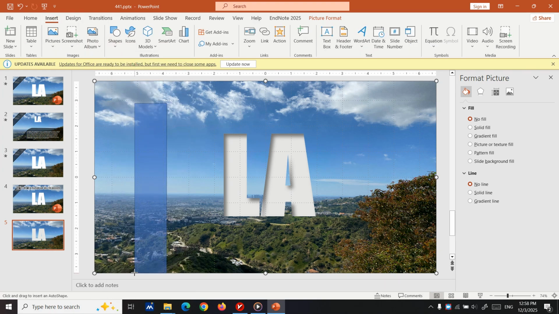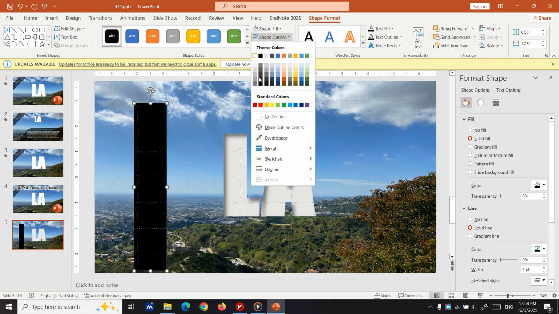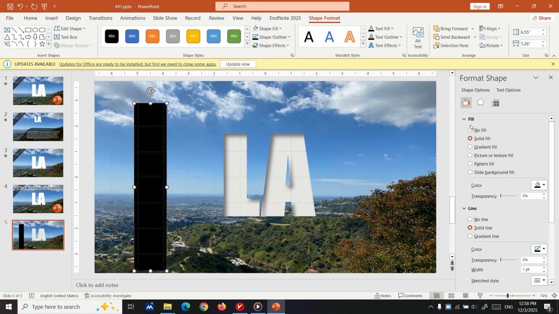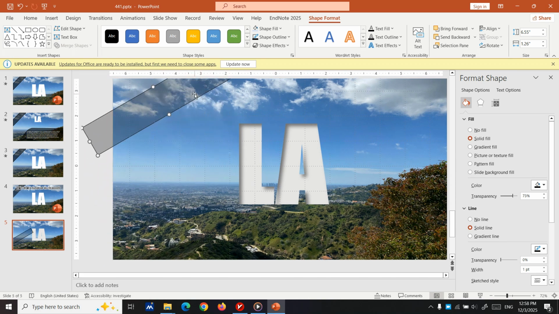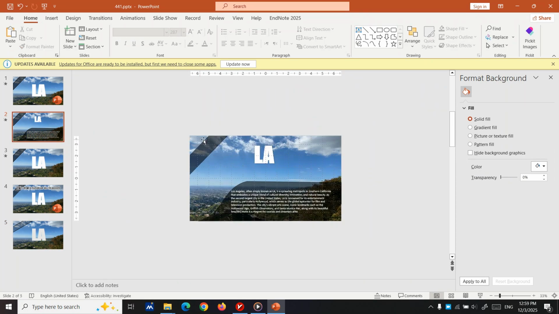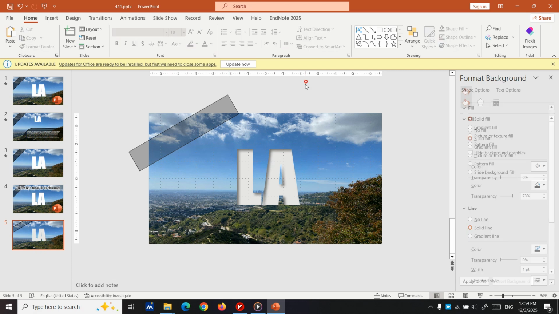We create a rectangle here. Color it black. Set the shape outline to black also. And here, we'll reduce the transparency, rotate it, put it here. Or you can also use this effect. I'm okay with that. And then you need to